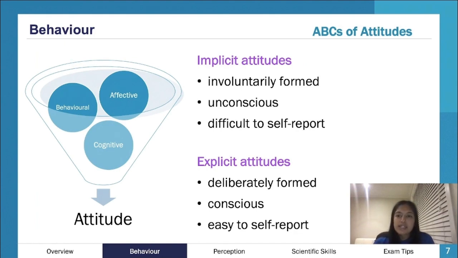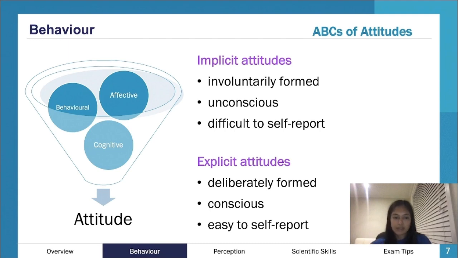Okay, so it comes down to this idea of your attitude. Attitudes are an important thing to understand when we relate it to behavior, because your behavior comes as a consequence of your attitude. So you've got your implicit and your explicit attitudes. Again, it's very much in the name. Your implicit attitudes are ones you're not really thinking about consciously, whereas your explicit attitudes are a little